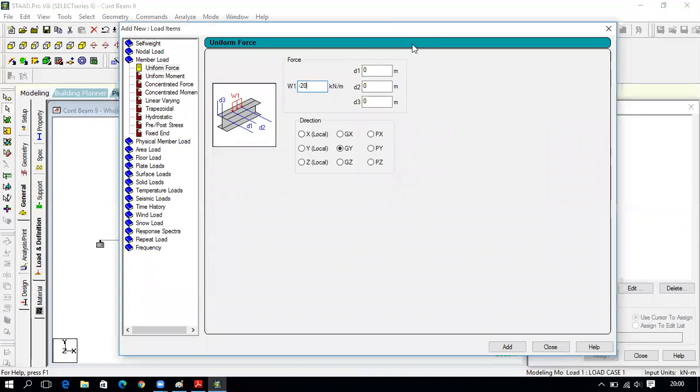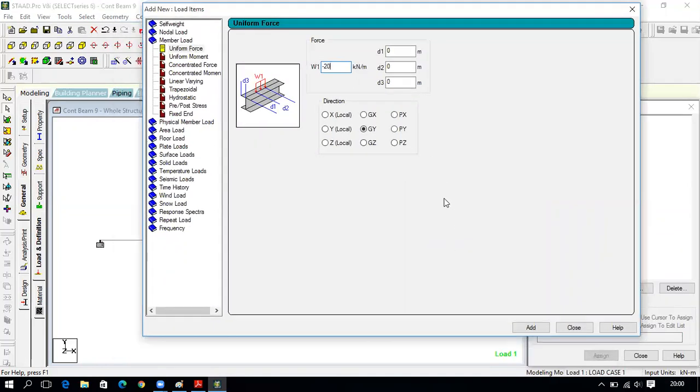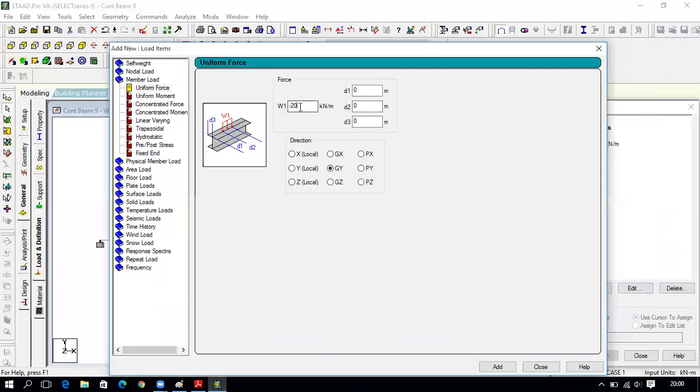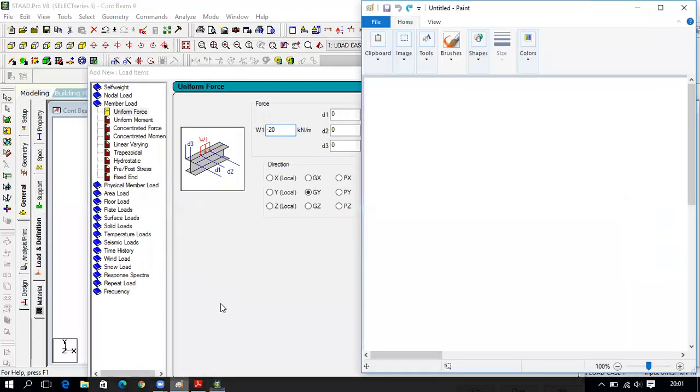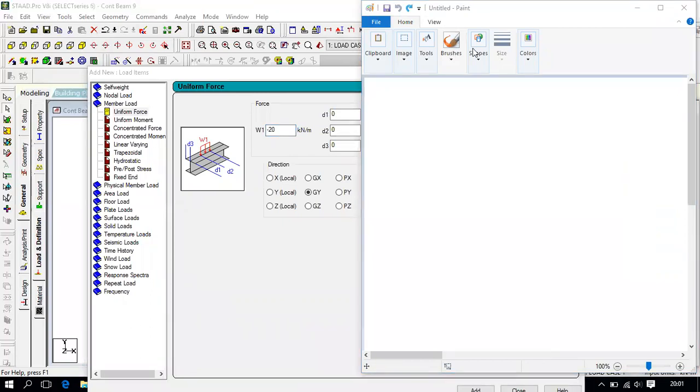So this I will assume for the whole beam, minus 20. After assigning, I will show the load. So let me show this one. So this is your beam.